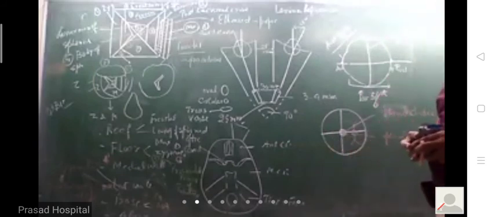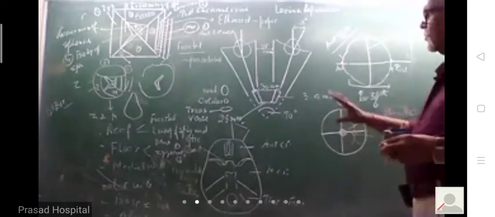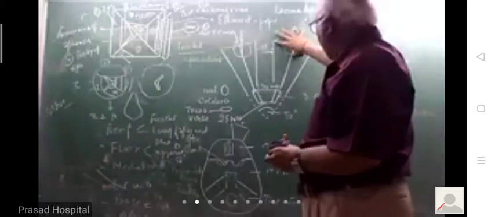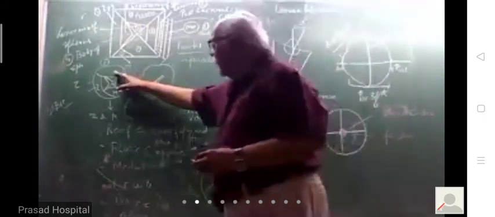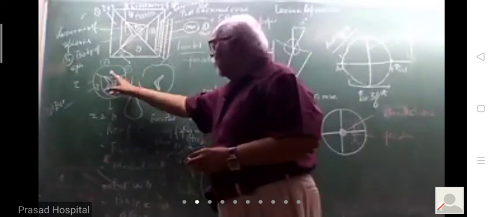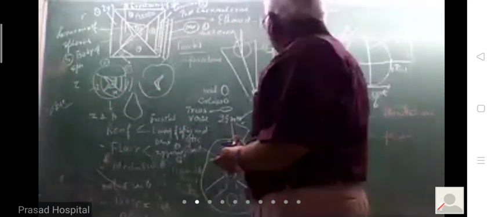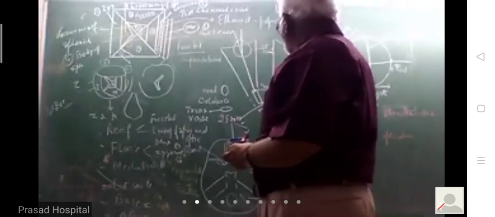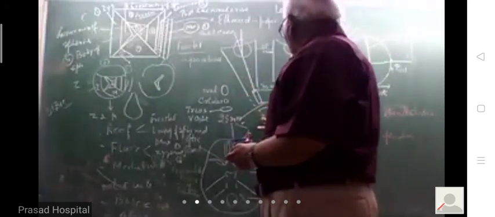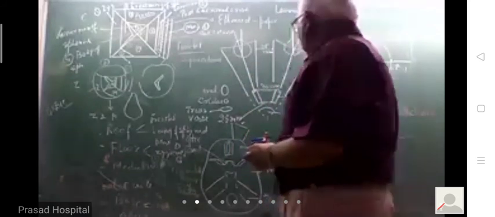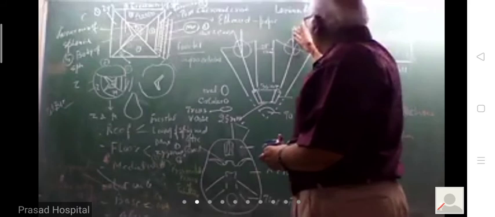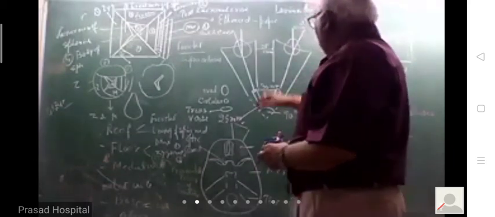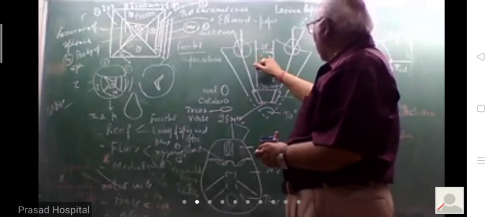Then we pass on to the orbit. What we have seen is that the orbit is pyramidal in shape, having a base, an apex, a medial wall, a lateral wall, a roof, and a floor. The medial walls are parallel. The lateral walls are not parallel, but when you place them back, they form 90-degree angles with each other. The visual axis and the optical axis make an angle of about 23 degrees. The maximum distance between the 2 medial walls, which are parallel, is about 25 millimeters.